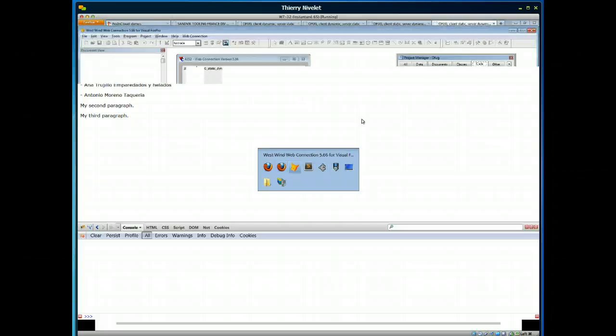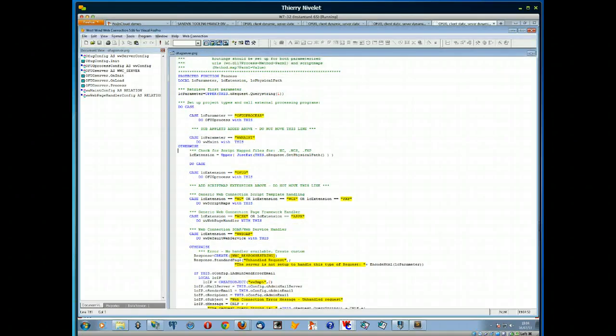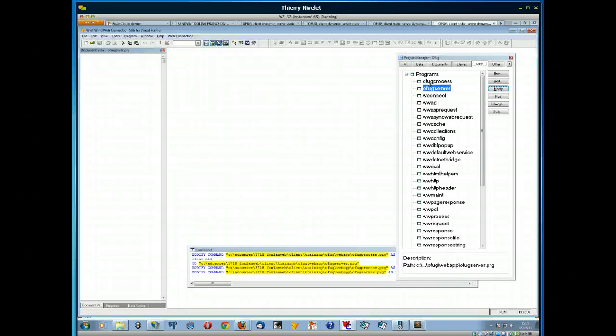And the only trick is that the extension is OFUG, because I've defined in Westwind that OFUG should call process. Let me show you that. If you take the server file here, you have somewhere here, you see, if the extension is OFUG, you do OFUG process. And OFUG process